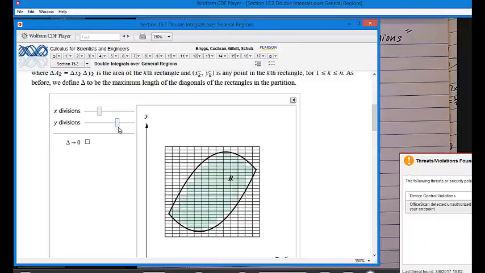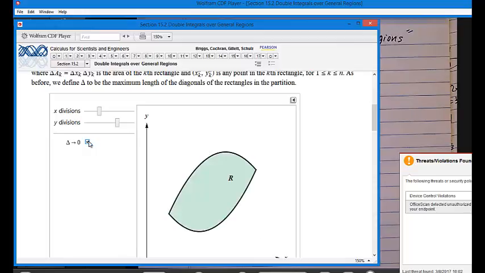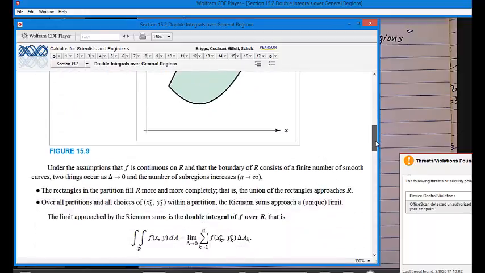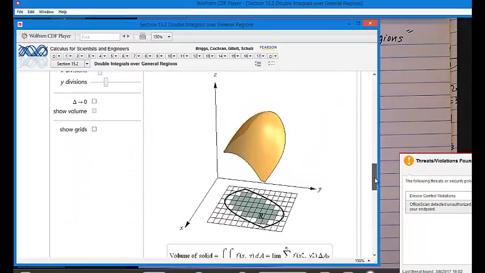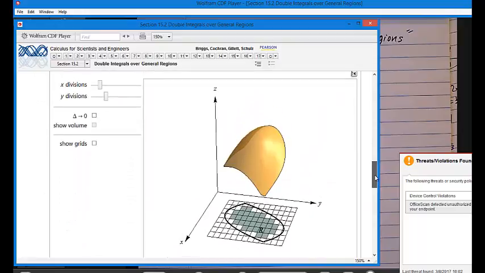And just like in the Calc 1 case, you send delta to 0, the size of your partition. And when you do that, the idea is you fill it up, okay? If you can compute this limit as the size of the partition goes to 0, then,